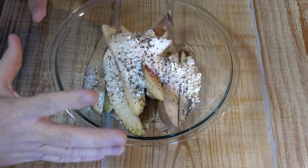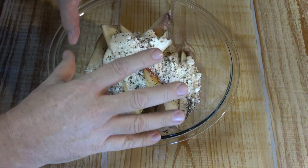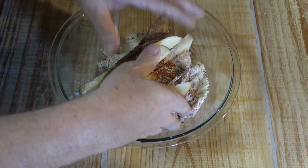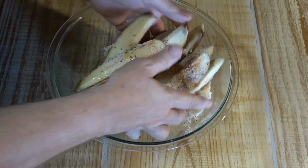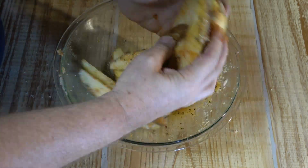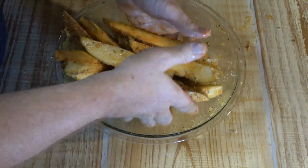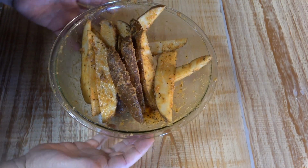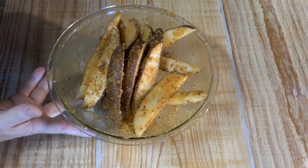Now it's going to get a little bit messy here. What you want to do now is take your hands and mix all this together. Be careful, don't rush it, otherwise you'll get stuff all over the place. Take your time and just mix this together. Once you get it all mixed together, the next thing we're going to do is take a